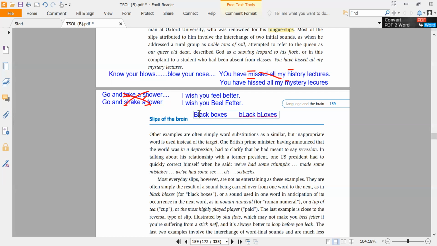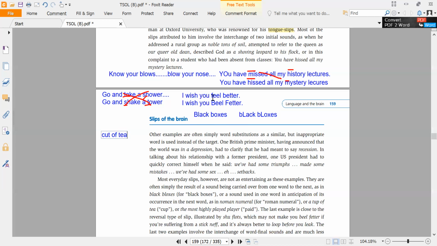Then there is another type of slip of the tongue, right? The initial sounds. If we look at the initial sounds, there may be two words, and the initial consonant of one word may be replaced by another. This is replacement, right? Let me take an example. Let's suppose we see "cup of tea".